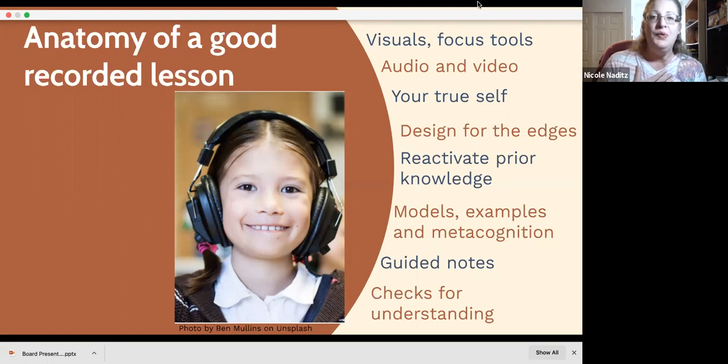And then a really critical piece is to build in checks for understanding, not just checks for understanding themselves, like a question for them to answer, but then a follow-up. The next part of the video tells them what the right answers are and also reveals some of the misconceptions that may have led to incorrect answers, or how a student knows they need to rewatch that segment of the video, or your video tells them, hey, if you had trouble with this, you might rewatch the previous 2 minutes,